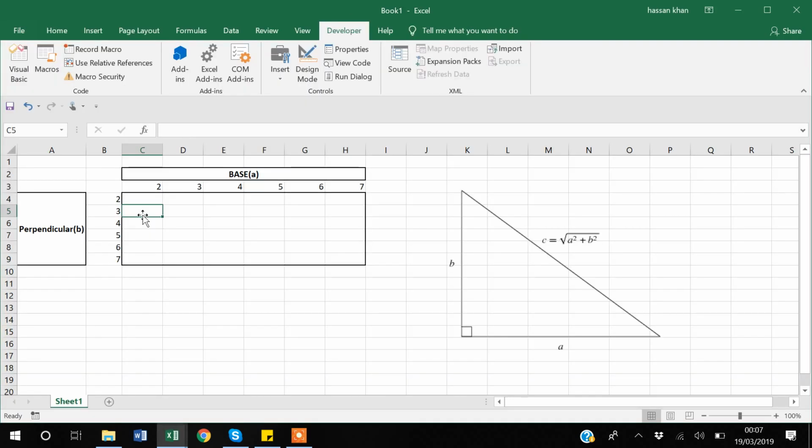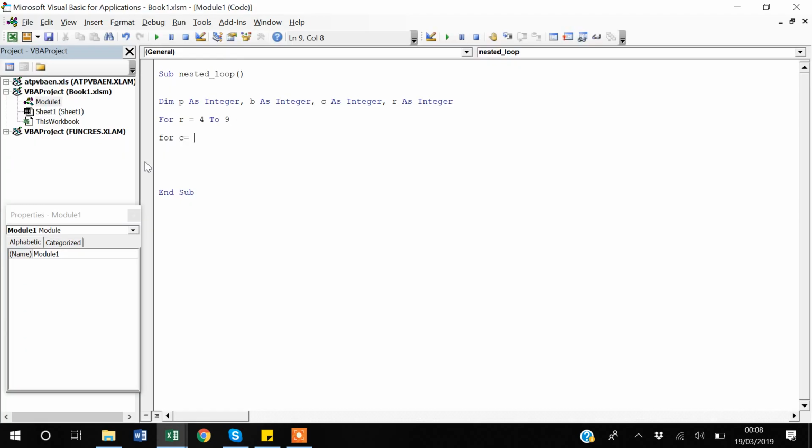And now again you have to be careful, because you are starting from C column, and it goes up to H. The C column is actually the 3rd column in Excel. 3rd, 4th, 5th, 6th, 7th, 8th. So we will be going from 3rd column till 8th column. So I'll be saying 3 to 8,